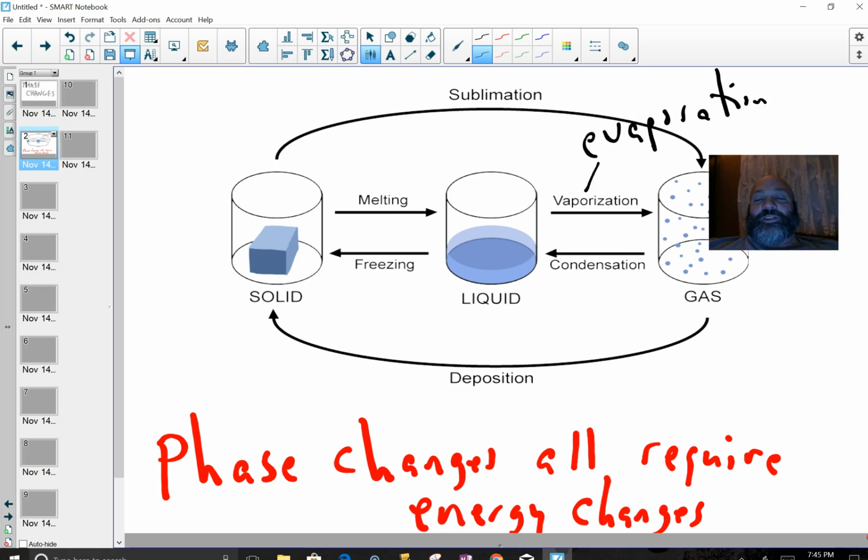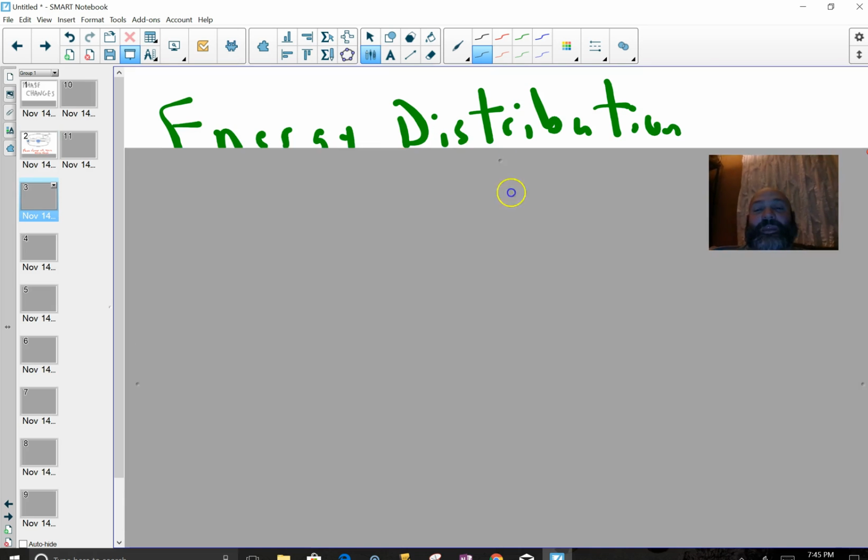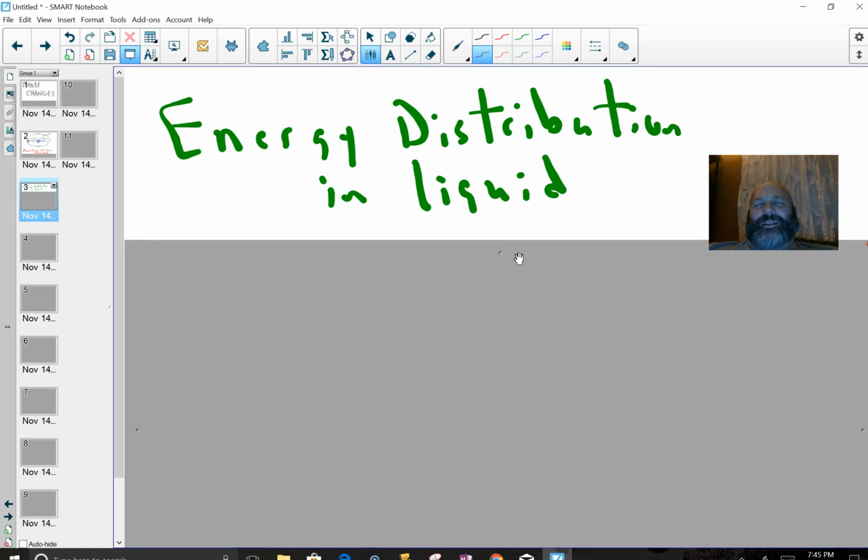Now, one thing that's important to realize in all of these different phase changes is that energy is required somehow. Some type of energy change will always occur to make them happen, depending on whether energy is being absorbed or energy is being released. And that's our next slide that we're going to take a look at. But first, before we get to the changes of energies happening here,